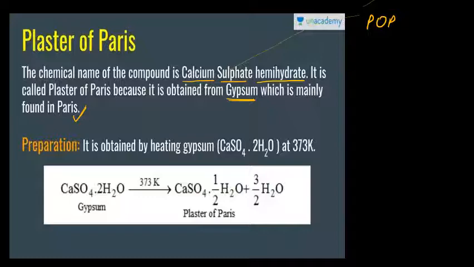So if we see the reaction for its preparation, POP, plaster of Paris, is obtained by heating gypsum at 373 Kelvin. If you convert this temperature into degrees Celsius, it is 100 degrees Celsius. So that means we will heat gypsum at 100 degrees Celsius. The formula for gypsum is